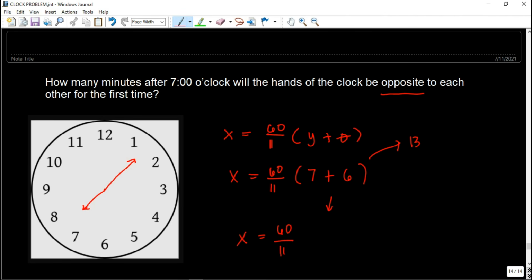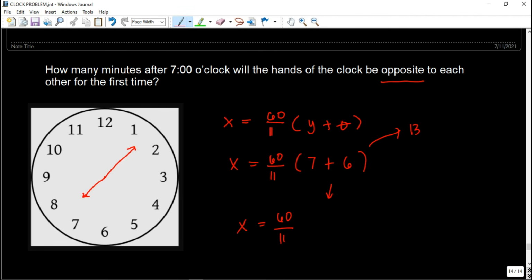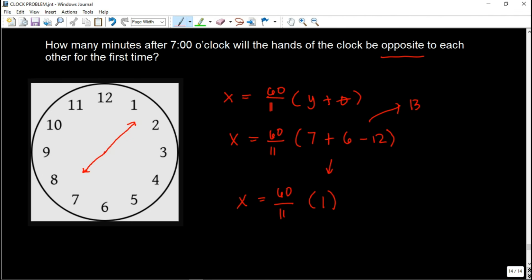60/11. So when what is inside the parenthesis exceeds 12, we need, guys, to subtract 12. Okay, we subtract 12 here to get the equivalent. Because this exceeded by one. Okay, so it became 13 hour spaces. So we don't have 13 hour spaces on our clock. So this becomes, okay, 7 plus 6, 13 minus 12, that is 1. Okay, so basically this x here is,